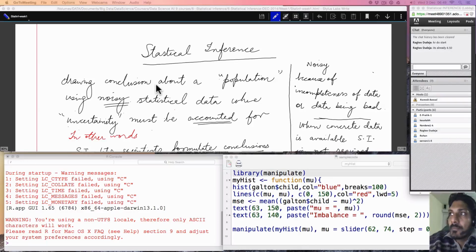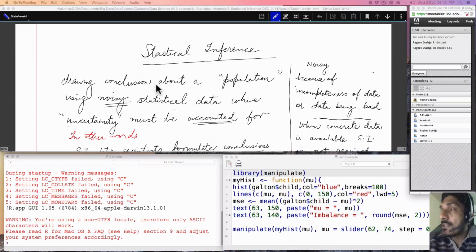Let's say I want to measure the average height of Indians. All right. Now, how do I go about doing this? One way is that I have the data for every single Indian and I just take it and average it out, and I actually get the average height of all the Indians, right? On the other hand, this is almost practically impossible, right? How can you even get the data for such a huge population?